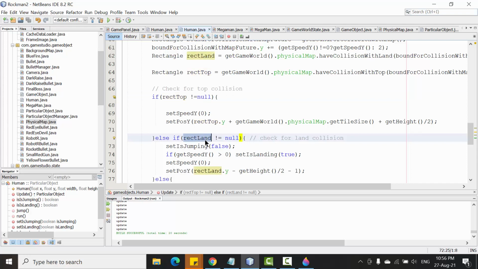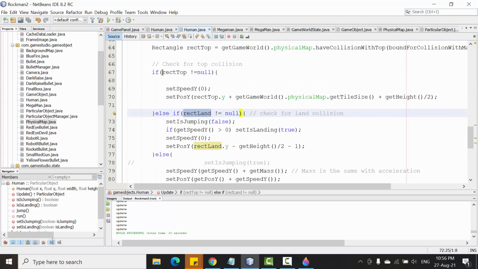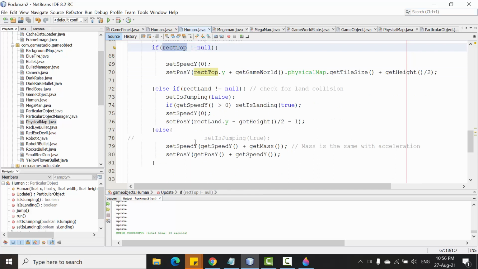And if the character has no collision with the top red or the red lane here, it means the main character is jumping. The character is jumping right now, so I just update the position, the coordinates of white here,